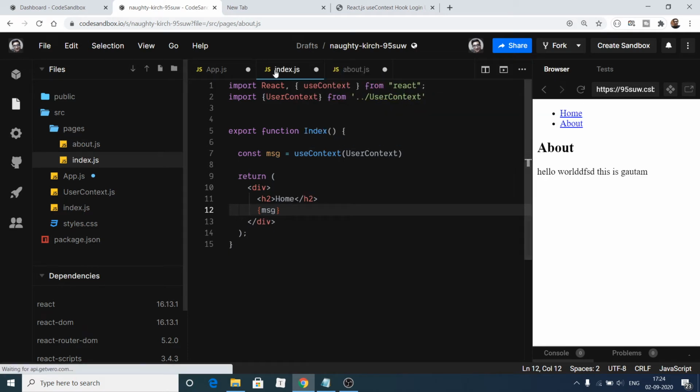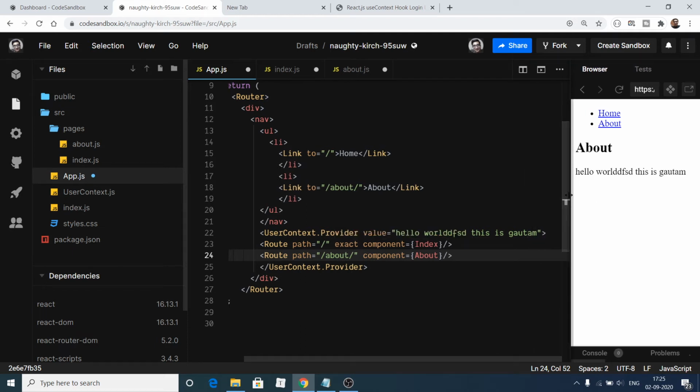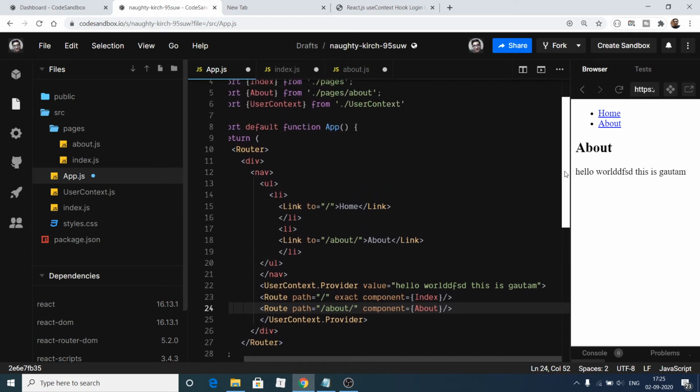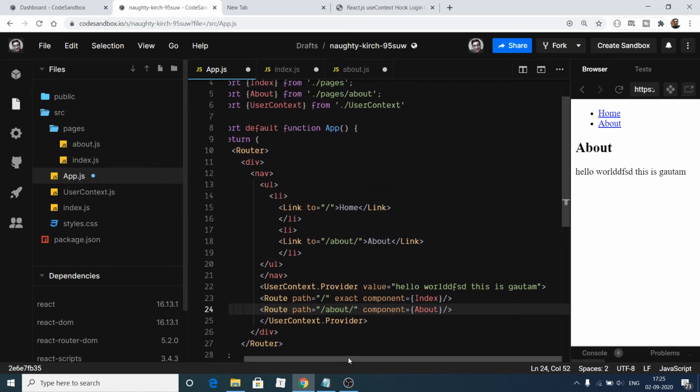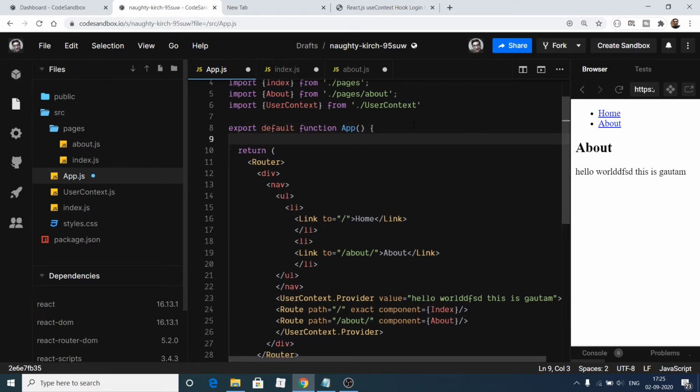So you can provide as many components here. You can wrap this inside this tag here, user context provider. These components may be the children, parent, all the components will get this value. Now we will try a typical advanced example. We will use an object. If I want to pass an object, how can we do this? So right here inside this we will make a simple